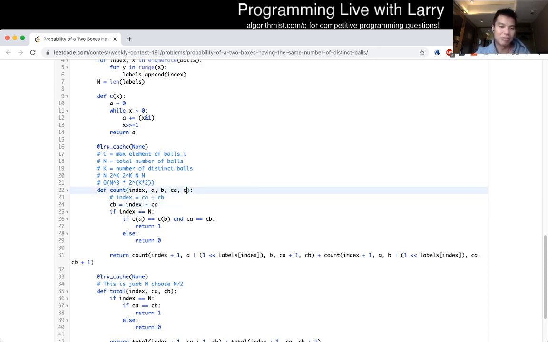That would save you a little bit of space, for example. But because this is the case, the real complexity is n squared times 2 to the k times 2. And of course, CA is less than index, so there's some symmetry, so you can divide it by 2 or something like that for more actual time performance,